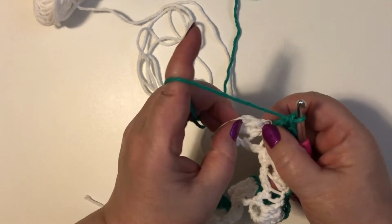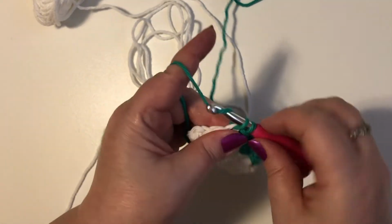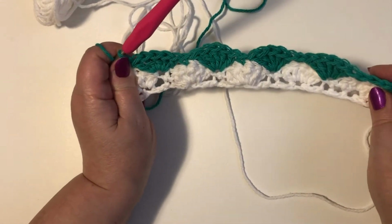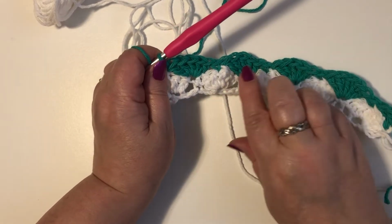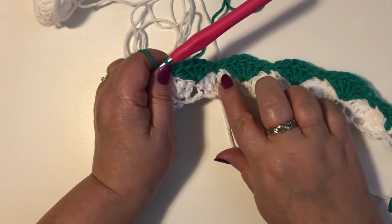We're going to skip our next 2 stitches and we're at the top of our shell, so we're going to do a single crochet. So you can see that we're following the same pattern. We're doing 5 double crochet, 1 single crochet, 5 double crochet, 1 single crochet. We're going to be repeating that pattern the